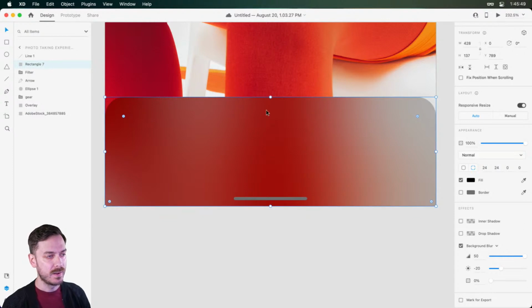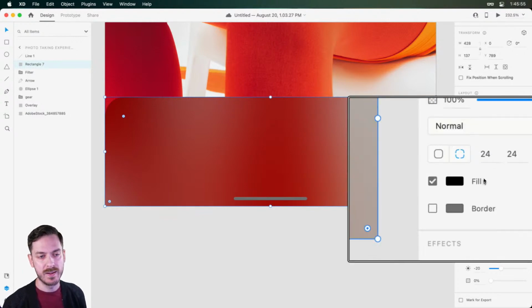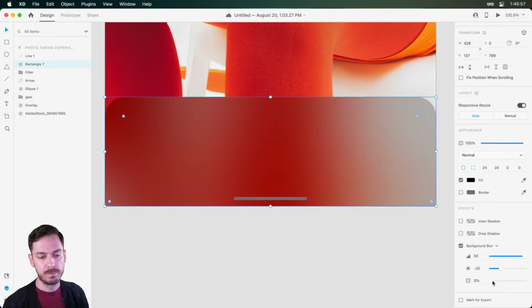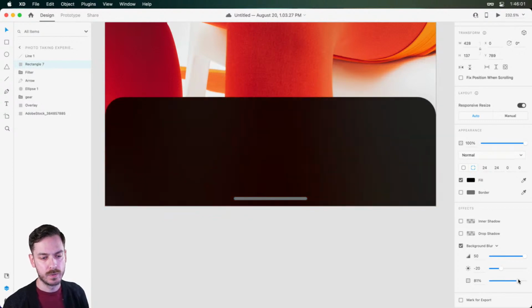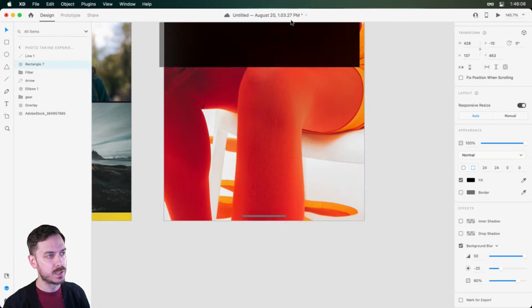All right, so we have this, and now what we wanna do is bring back some of the color from the original shape. You know, we have this black fill. So I'm gonna just bump up the effect opacity. Let's go for around 80%, right? It may not look like much right now, but if I move this around,